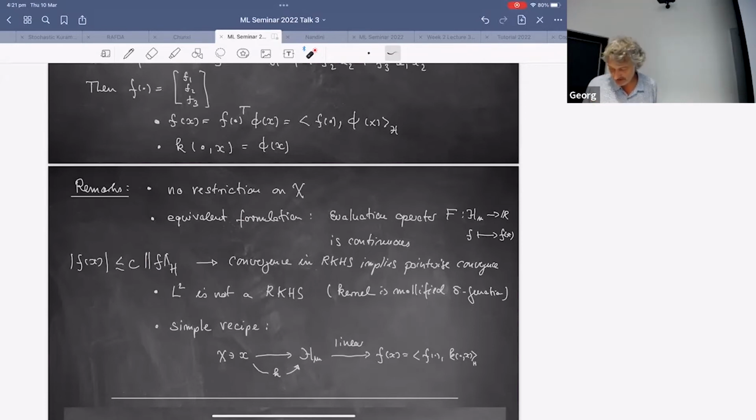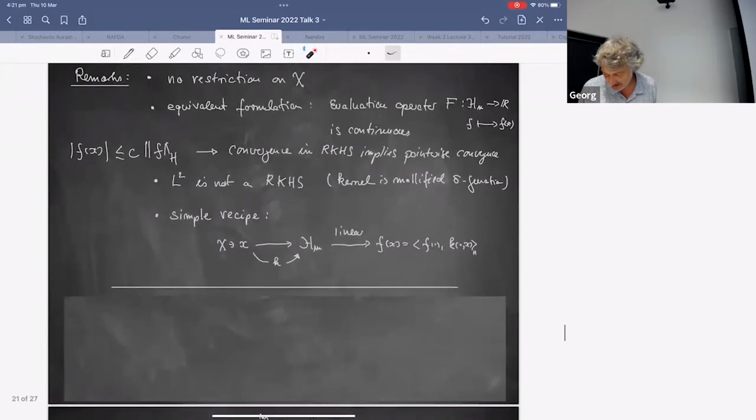And this formulation here gives rise to the theme that we had from the very first lecture: we have some space X, we take some kind of data, and we blow it up to a high dimensional Hilbert space using the kernel. And then after that, we can do linear operations. Okay, so that's hard coded into this framework.